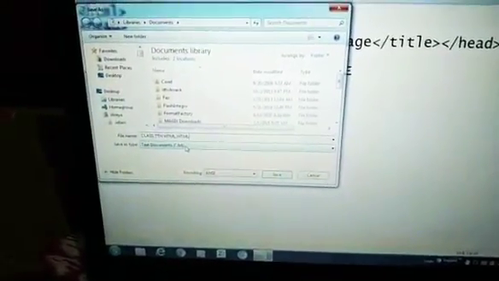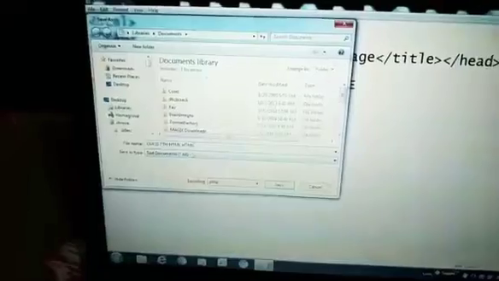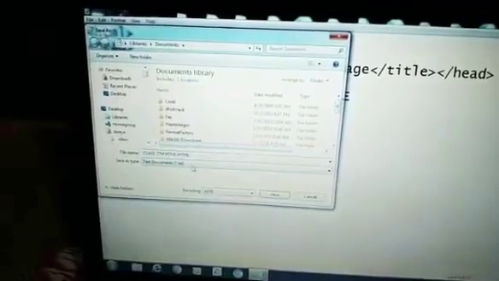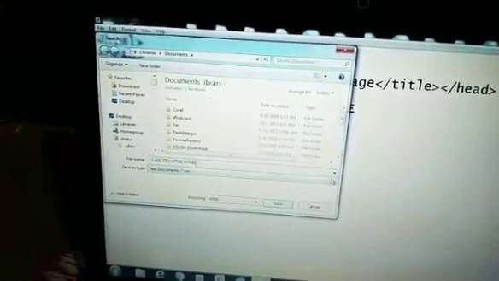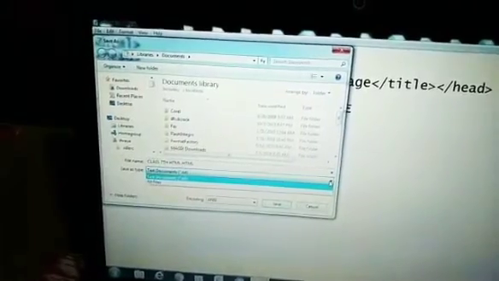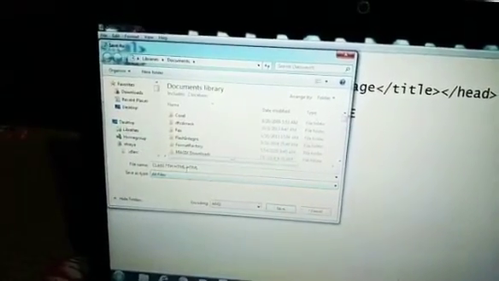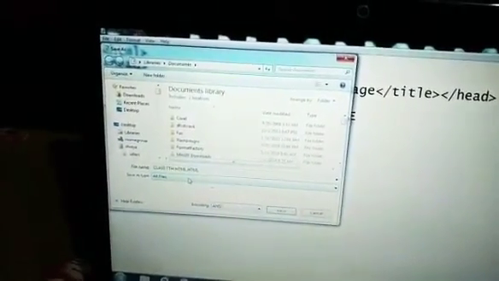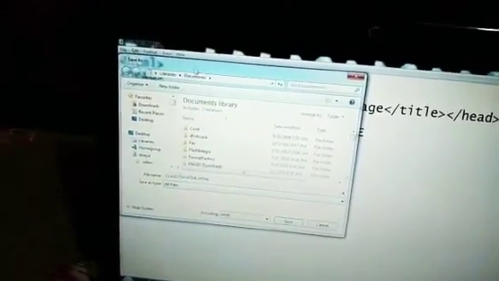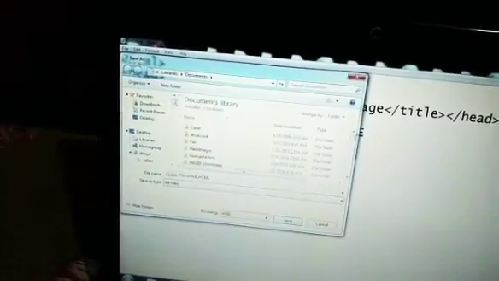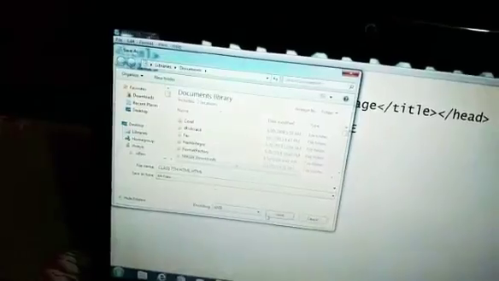Okay, now click on this. Here is text document. If we save our file as a text document, then we are not able to open this file on the web browser. So first we will change this type. Click here and choose the all files option. Always remember, here always comes the all files option. Then see where you want to save your file, in documents or on desktop. Remember this place. Now click on the save option.